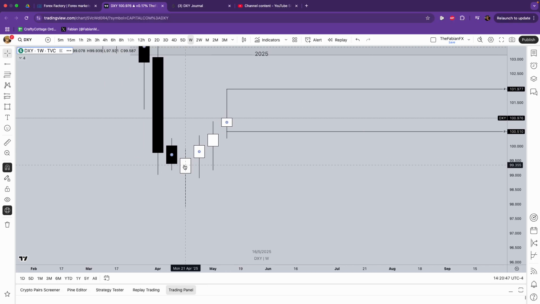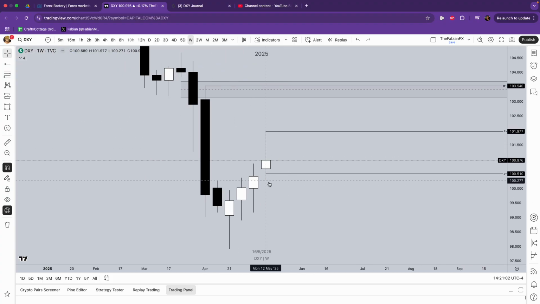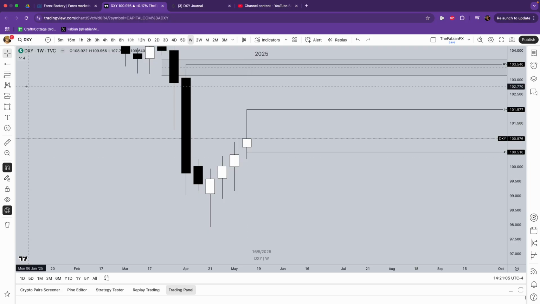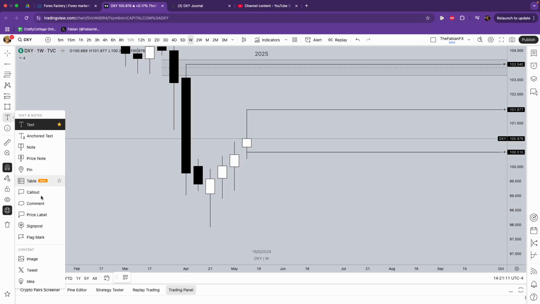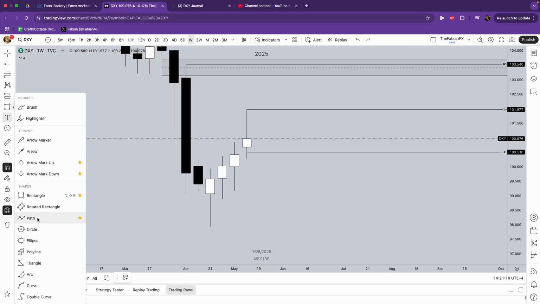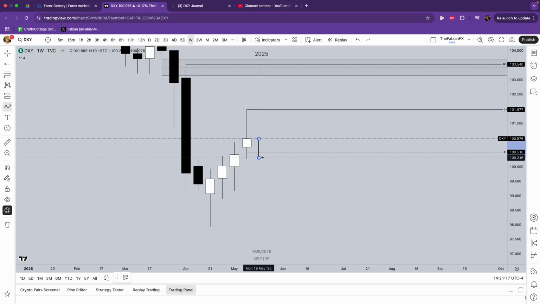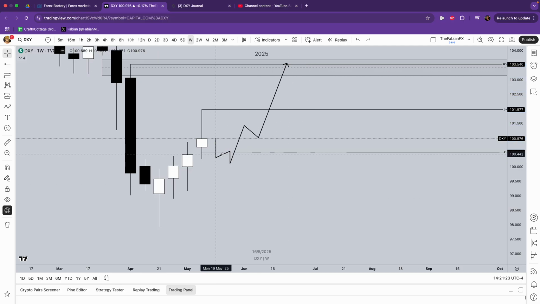If you can see here, from this candle, every time the candle opens below, closes above the wick of the previous candle. Opens below, closes above the wick, opens below, closes above the wick. So I'll be expecting something similar next week, but preferably I would like something like this, if I can draw it. I'm expecting something like this to go towards here. So I expect an open, low, high close.